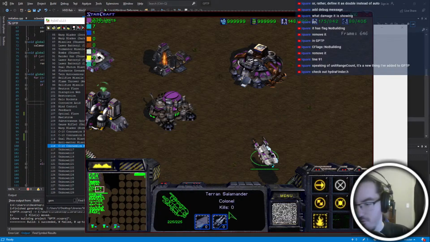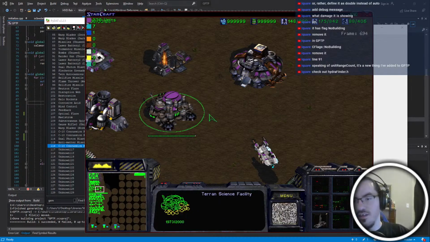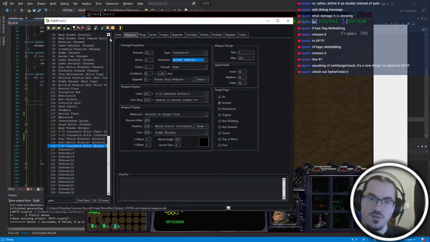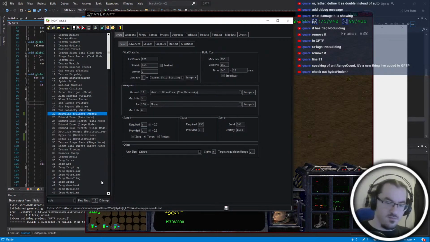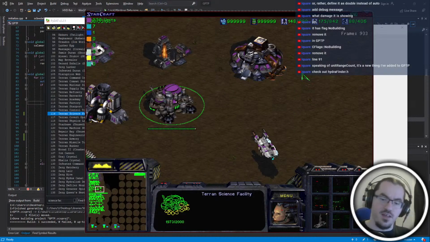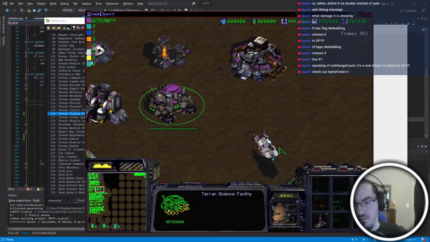Alright, so we went from... Since it was dealing 1 damage, but it's minus... I think the science facility has 3 armor. Let me check. So the minus... Yeah, so the 3...